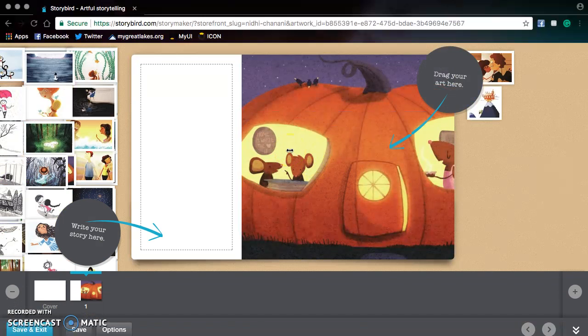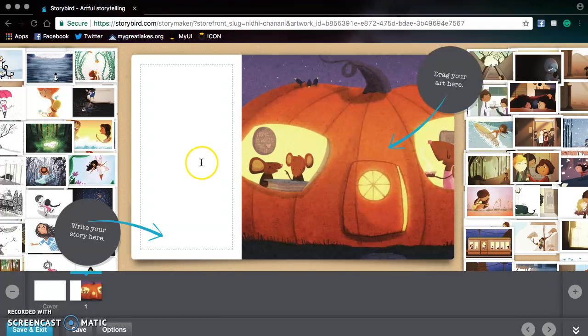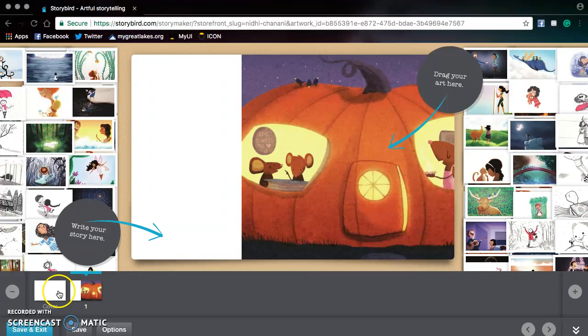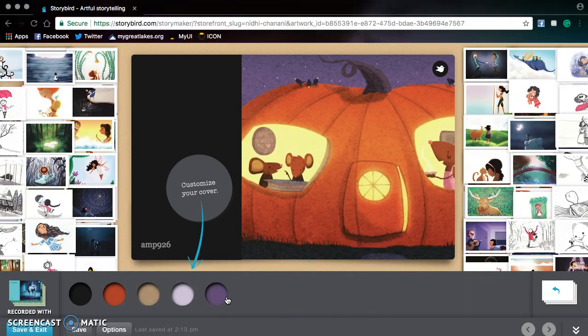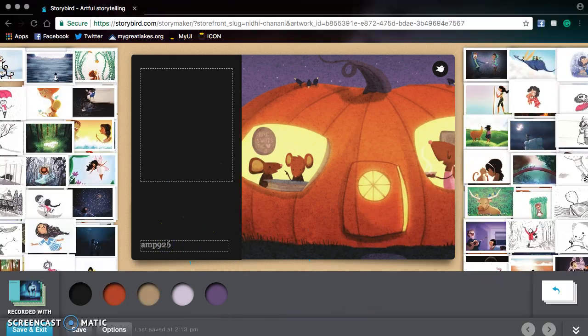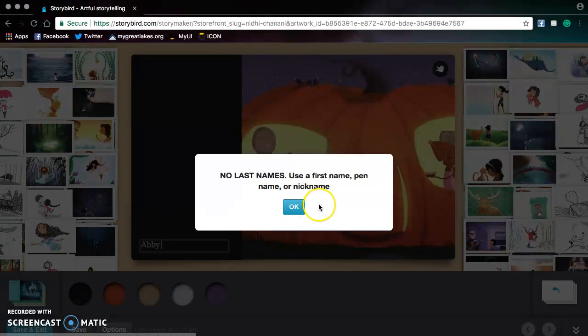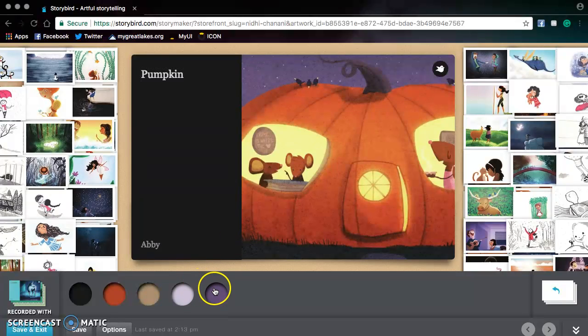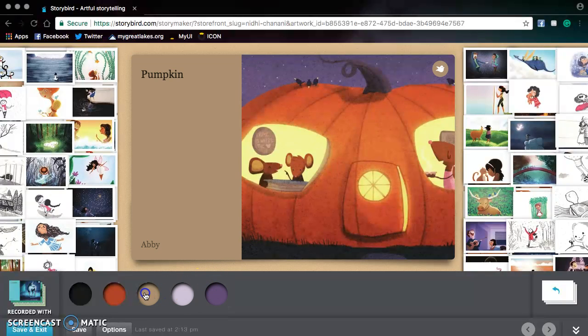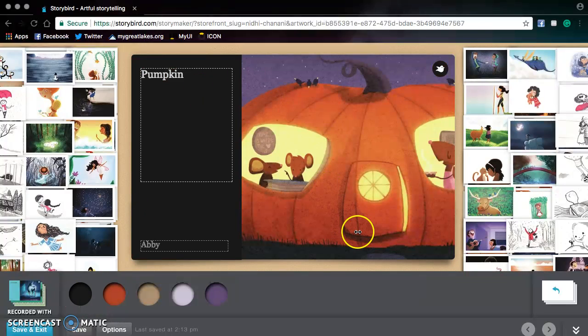When this first opens up, it is on your first page. I like to start with the cover page, so I'll go ahead and click cover here at the bottom to start there. And then you can pick what you'd like to use. We'll use classic, and then you can type in the name of the author at the bottom. It does ask that you use only first names, no last names, a pen name or nickname, so have your students do that appropriately. Your title here, and you can change the color of this title page next to the photo as well. When you're done with that, you'll click save,